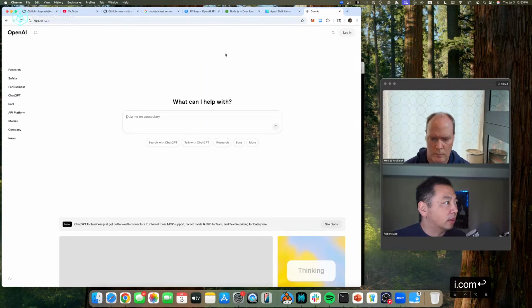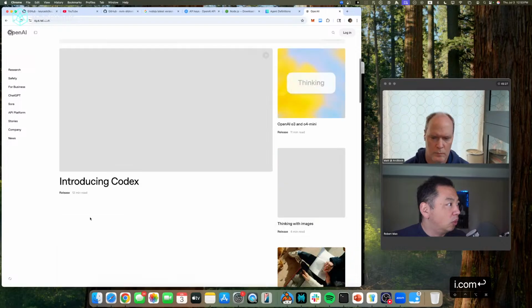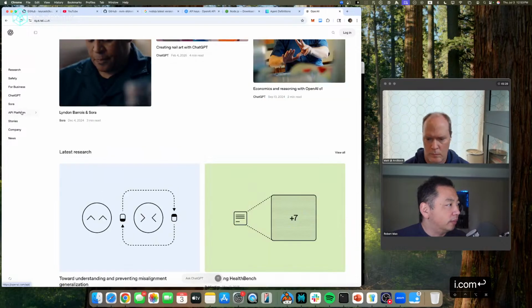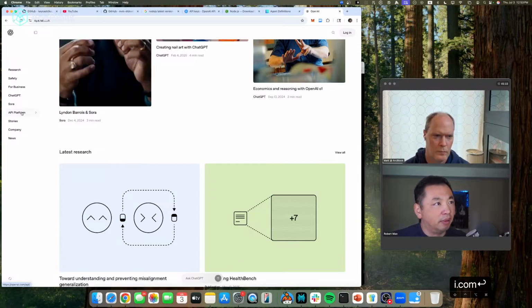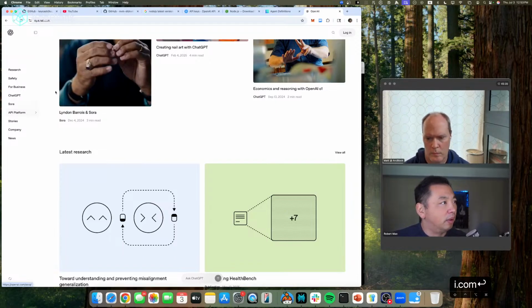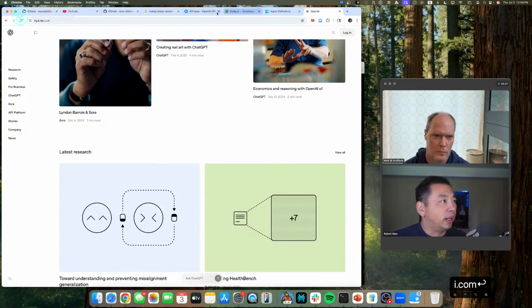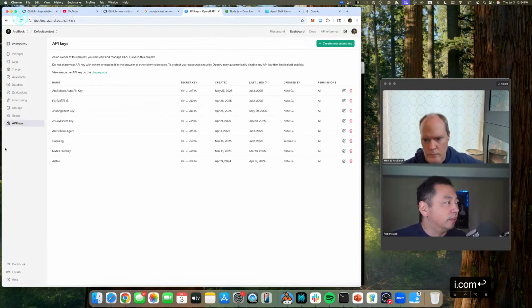You can see the menu on the left. There is an API platform, and once you click that API platform, it's going to take you to the same place. Once you're logged in, and you need to have the payment, they're going to give you the API key. I guess this is separate from ChatGPT.